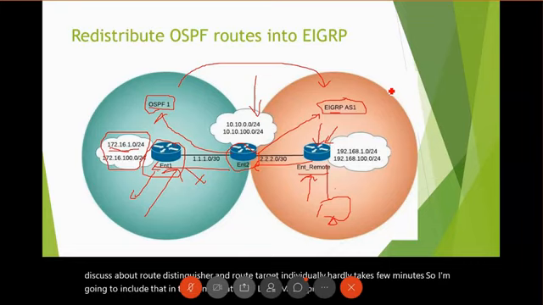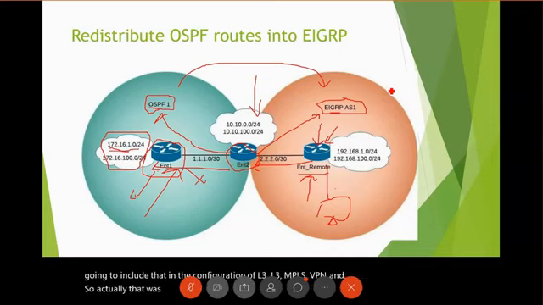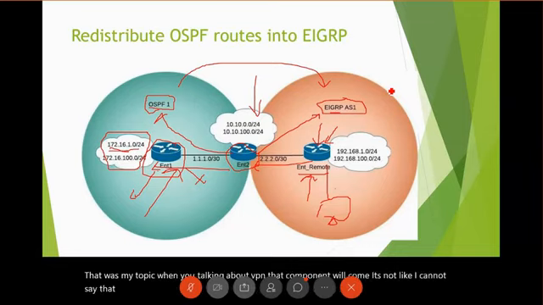A little bit of RD and RT was covered today in the morning session. Oh, okay. So actually, that was my topic. Yeah, when you're talking about VPNs, that component will come. I cannot say that in this discussion we have to use these parameters only. So basically, the moment we touch MPLS VPN,